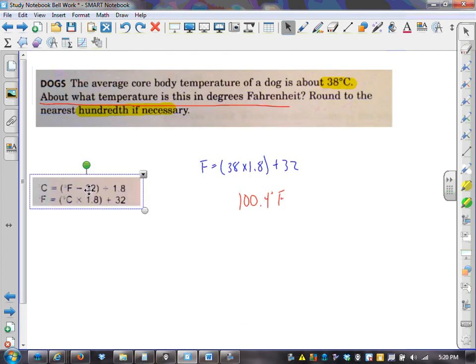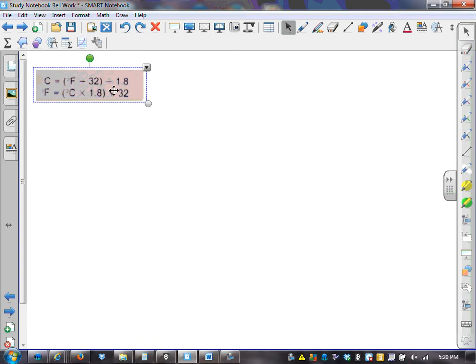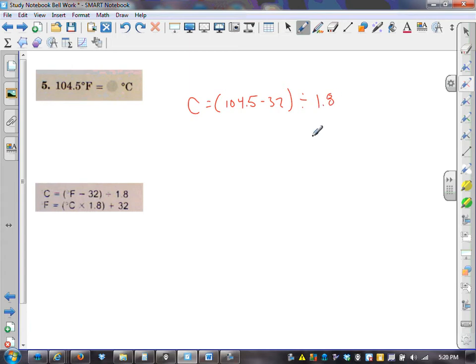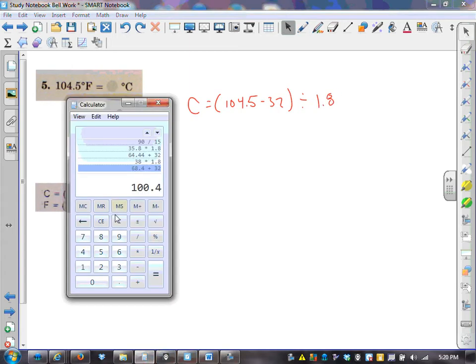Let's pick up our conversion and take it over there. We have degrees Fahrenheit and we want Celsius, so we pick the one that says Celsius equals. C equals Fahrenheit, 104.5 minus 32, and then we're going to divide that difference by 1.8. Okay, so let's use our calculator. 104.5 minus 32, and then divide that by 1.8. And we get